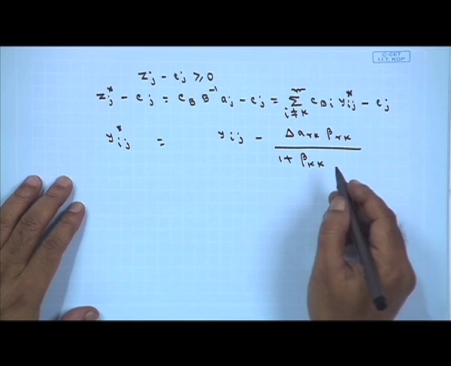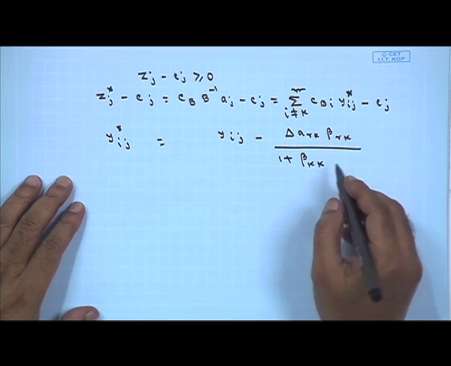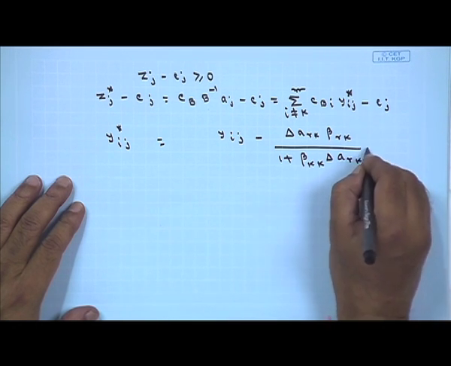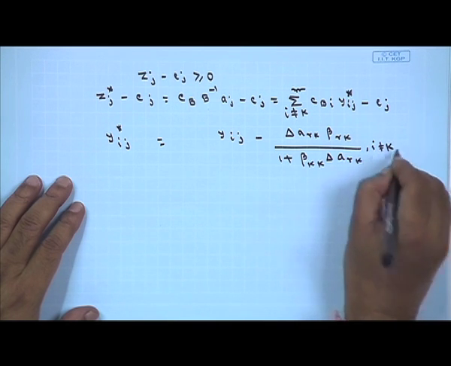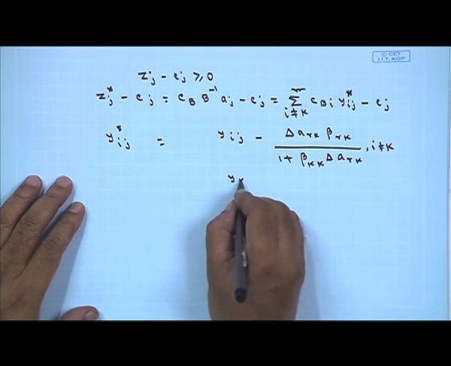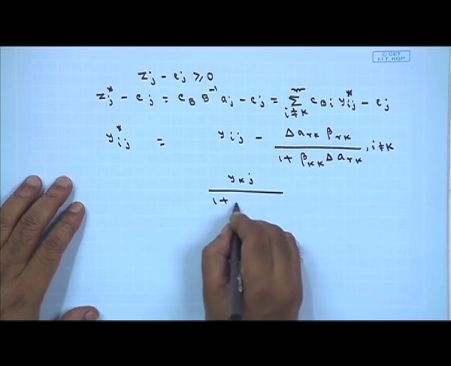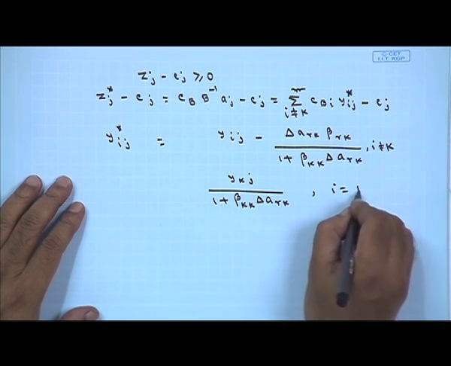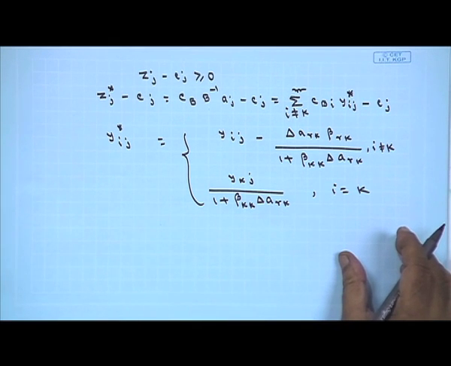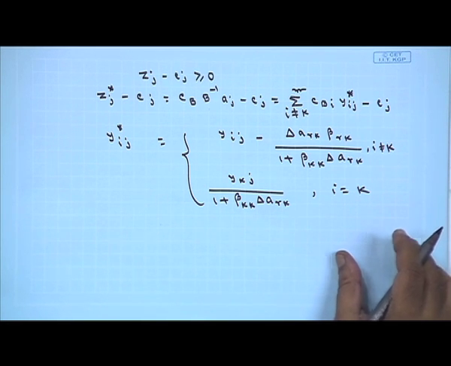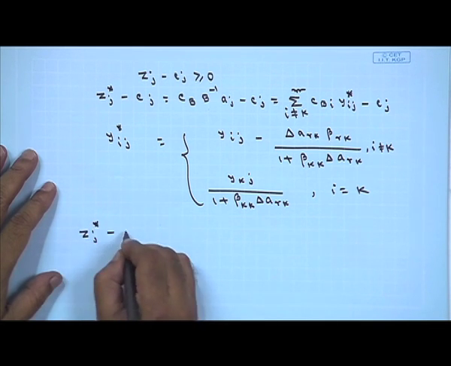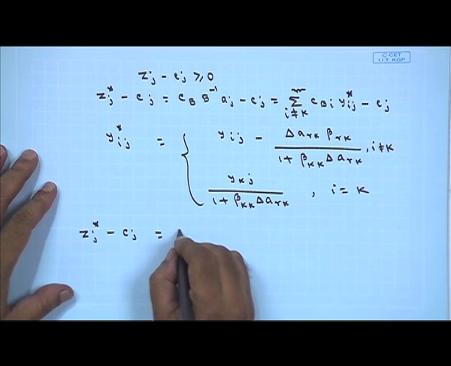This again follows from this calculation, just like we did the earlier calculation. In a similar way, since it is the same type, I am not showing the entire calculation. For i not equal to k, this will be y_kj divided by 1 plus beta_kk into delta a_rk, whenever i equals k. Your y_j star will become this one. Now z_j star minus c_j will become z_j minus c_j